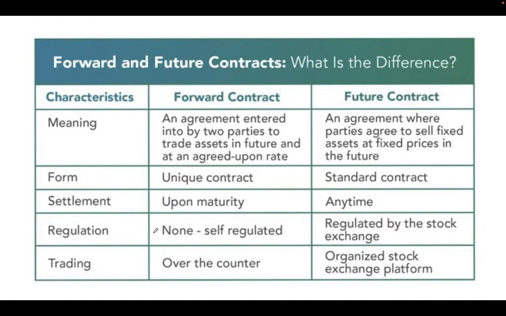So in a forwards contract, the entire transaction is settled between the same two parties. As we said, A and B are the parties who are going to settle it. Whereas in case of a futures contract, the stock exchange is the counterparty. Hence, both the parties deal only with the stock exchange.